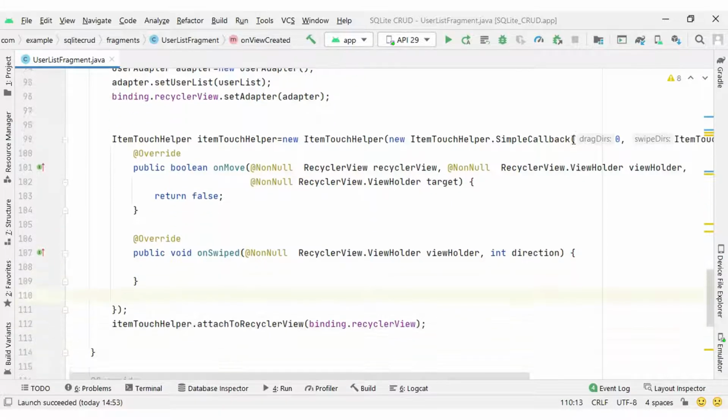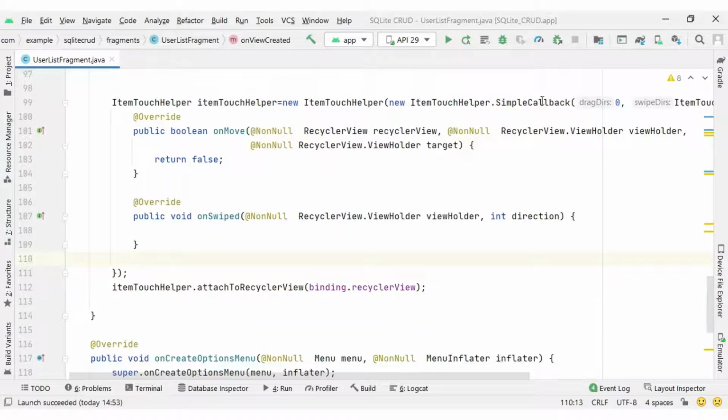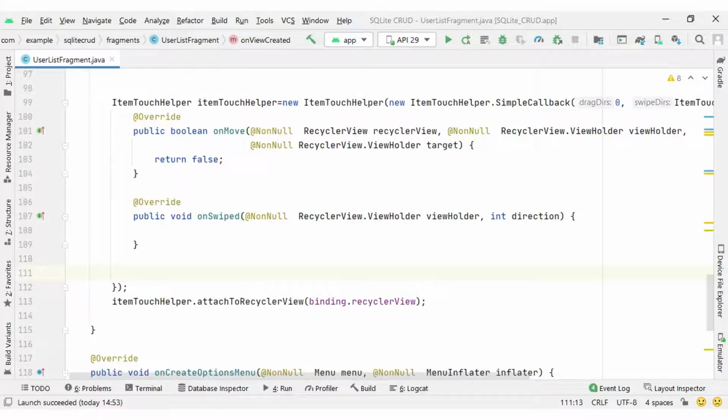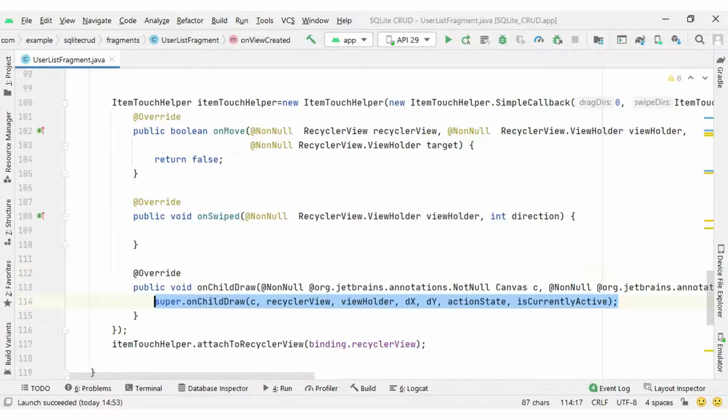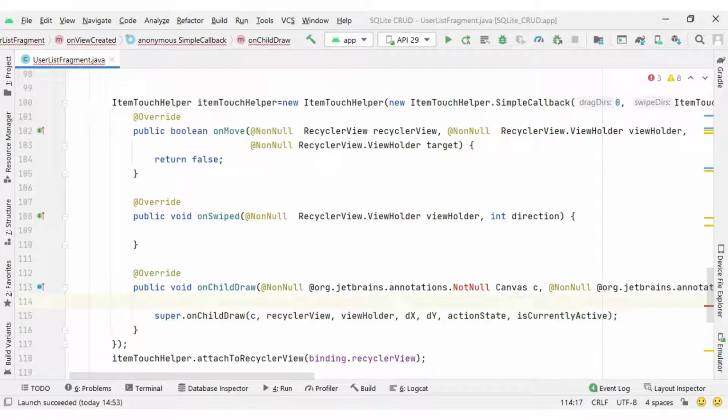Okay, next inside the SimpleCallback we can override one more method, onChildDraw. This method will help you draw something when we swipe left or swipe right. We are going to write code inside this method. Before that let me remove this not null annotation.